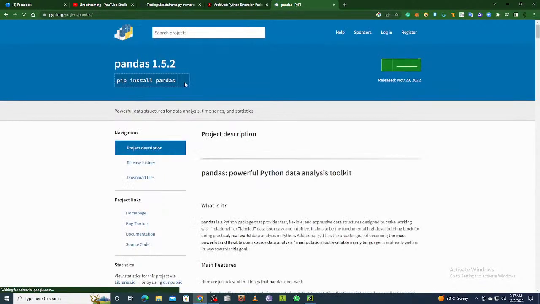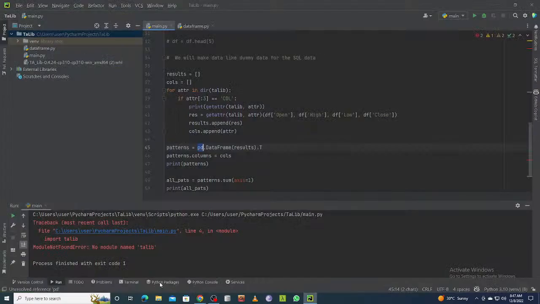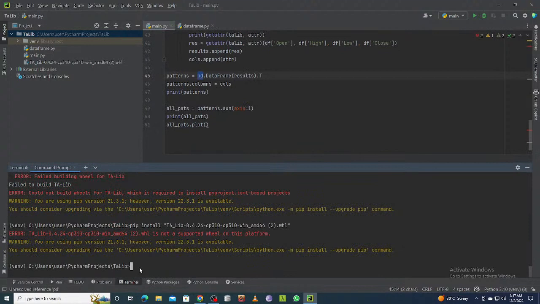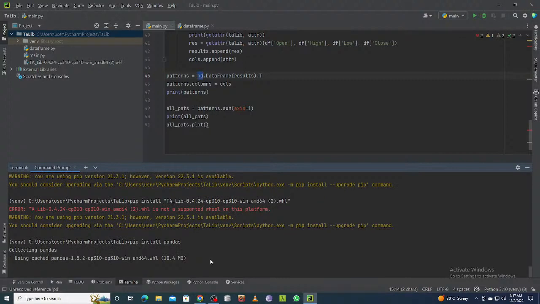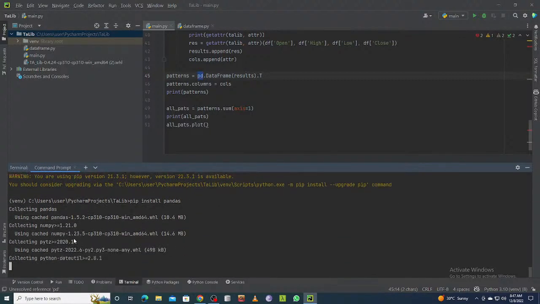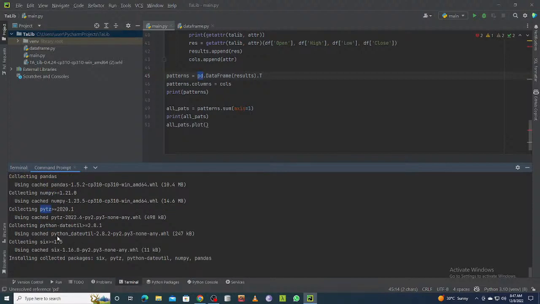When you want to install something, you just copy that and pip install pandas. So pandas is big, you see. There are a lot of wheels, there is numpy, there is pytz, there are some other libraries, and pandas comes with a lot of things actually,